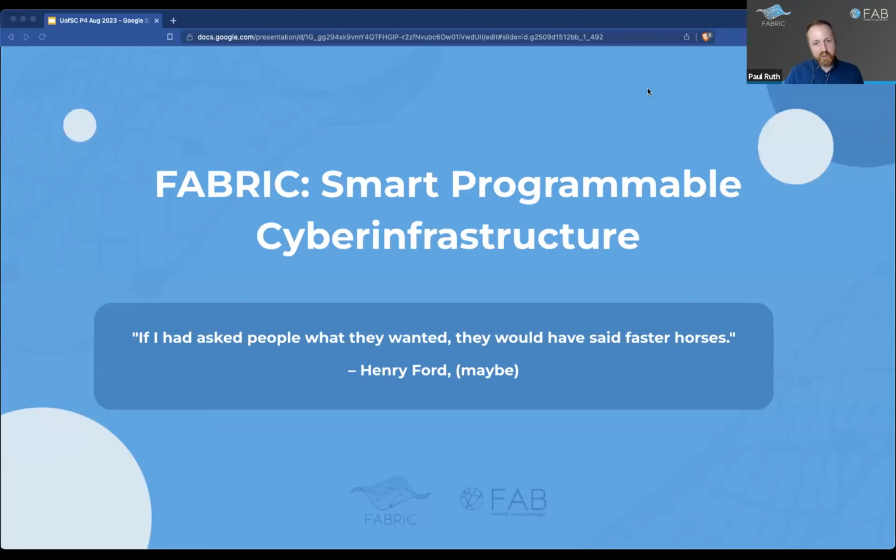There's an interesting quote that is probably not actually said by Henry Ford, but people attribute it to him. Fabric is a smart programmable cyber infrastructure. And the quote from Henry Ford is, if he had asked people what they wanted, they would probably have said faster horses. Of course, he was trying to build cars for everybody, right? So he had a different answer than what people would probably want. And it turns out a lot of people like cars, and probably not too many people want to go back